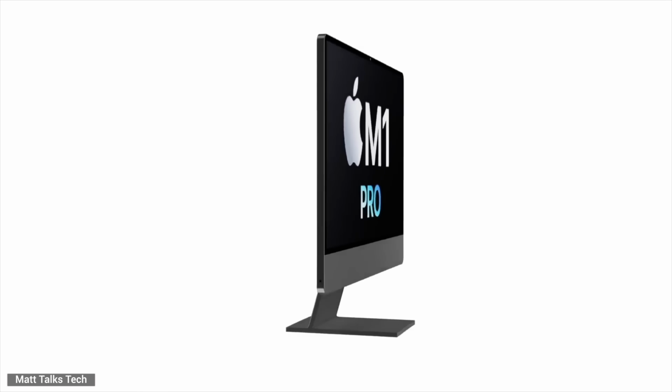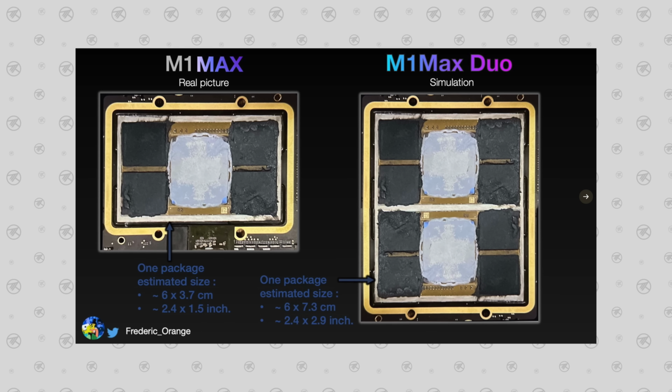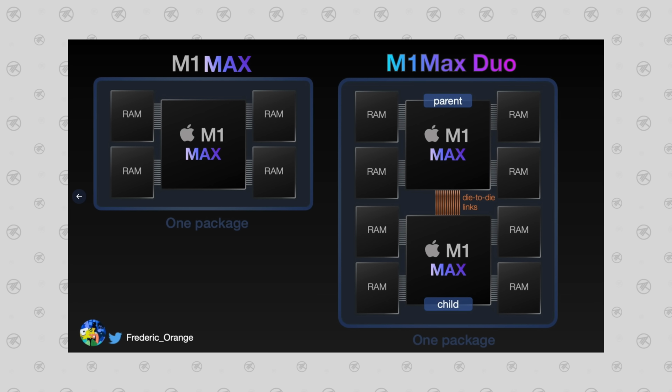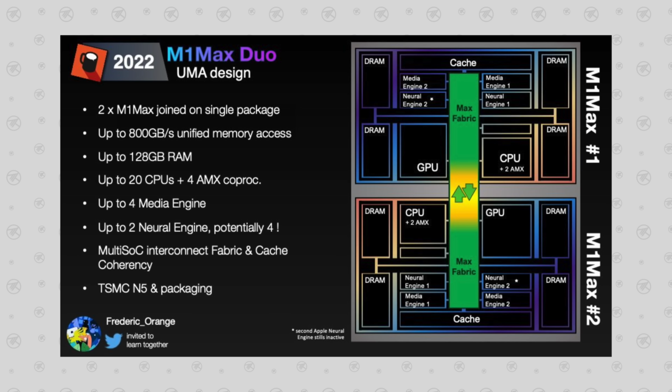So I honestly am having a hard time believing the first scenario, but it's definitely a possibility. Now on to the second scenario. What if this new 12-core chip configuration is actually a 20-core M1 Max Duo chip that is just extremely binned down, with 8 of the cores disabled because of flaws? Well, this is a possibility, but it would require a very weird amount of efficiency cores and performance cores to make sense. Like for example, only 5 P cores within each die and just 1 E core from each die,